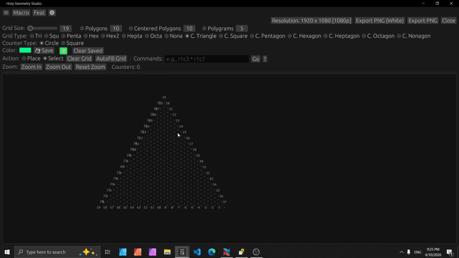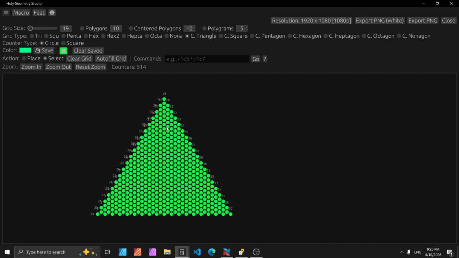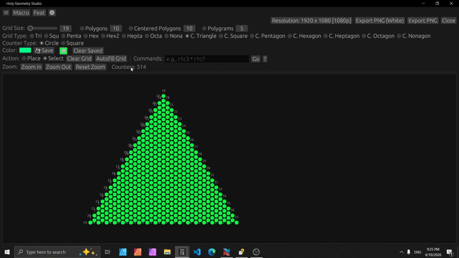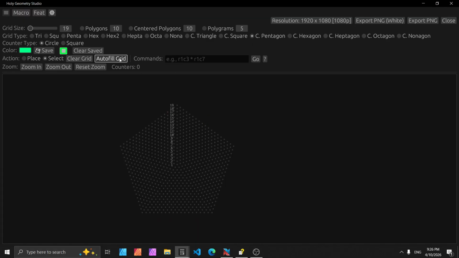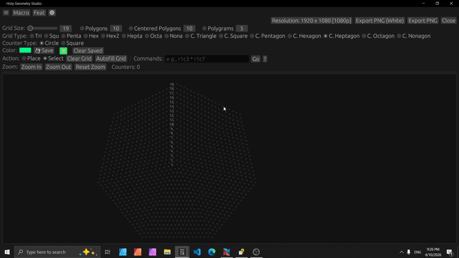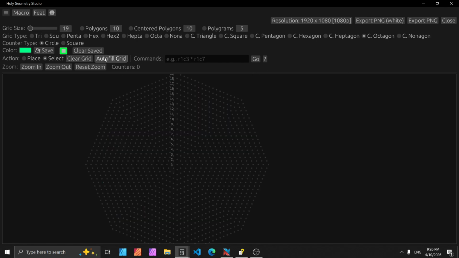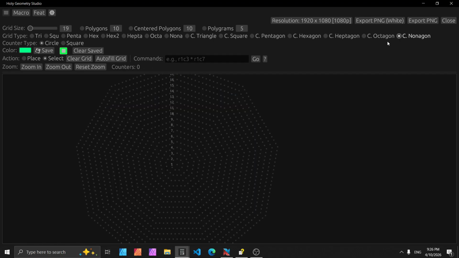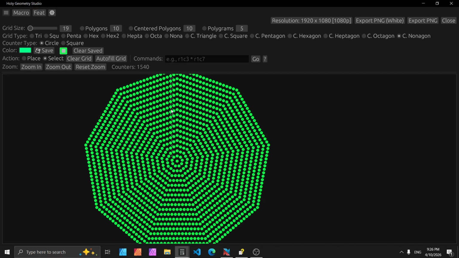Centered triangle, because you have centered versions of all these polygons. So this is a centered triangle. This is a centered square. This is a centered pentagon, 5 sides. Centered hexagon, 6 sides. Centered heptagon, 7 sides. Centered octagon, 8 sides. Centered nonagon, 9 sides. Now you can get 10 sides and 11 sides and how many sides you want, but